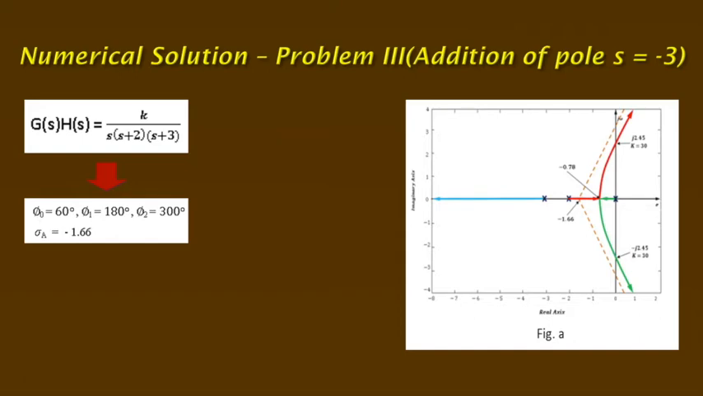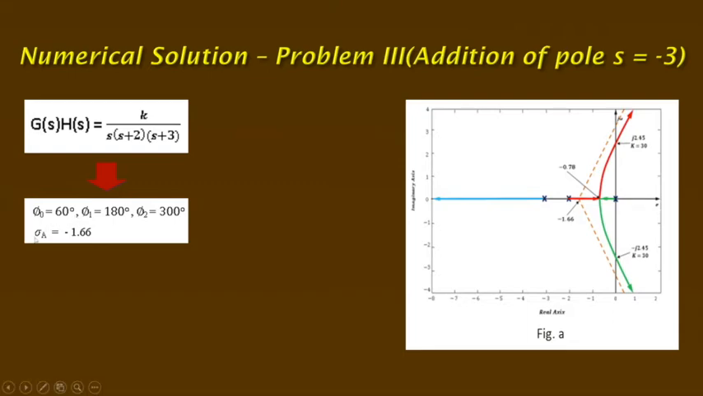Then calculate the angle of asymptote. We know this formula: phi q equal to 2q plus 1 into 180 degree divided by P minus Z. When q equal to 0, then 180 divided by 3, we get 60 degree. Then when q equal to 1, calculate phi 1. So phi 1 equal to 180 degree. Then calculate phi 2 when q equal to 2. Then phi 2 equal to 300 degree. Then draw the asymptotes